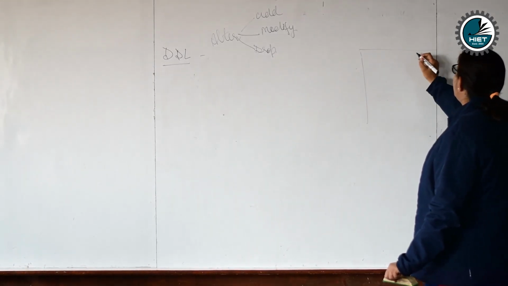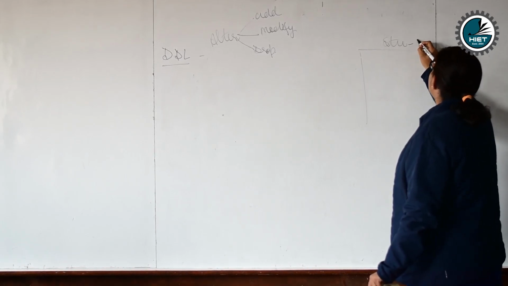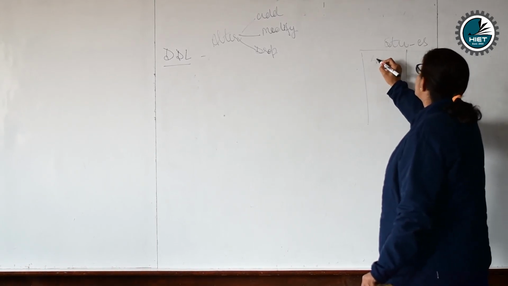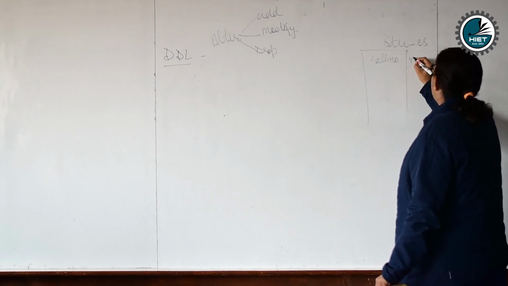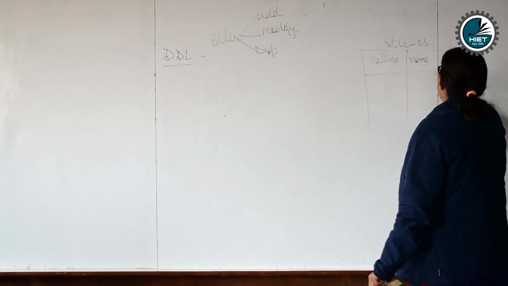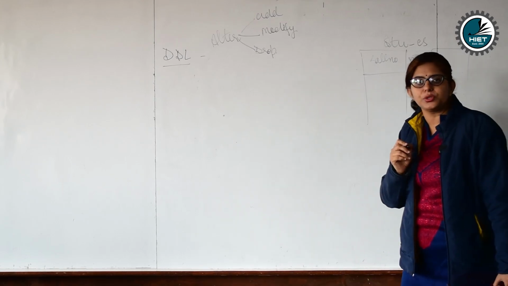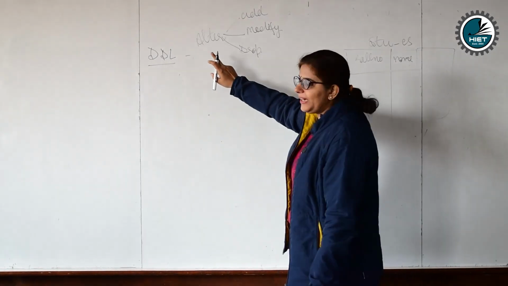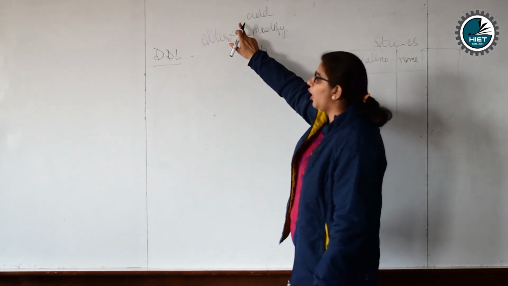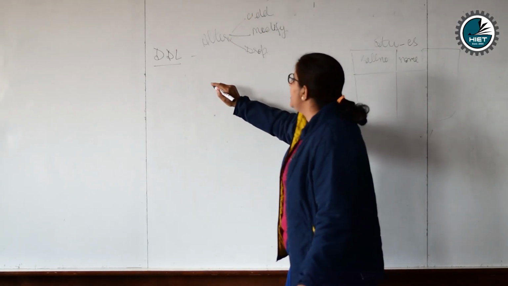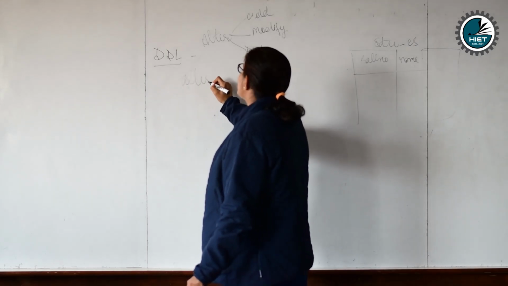Just take an example. There is again a table student underscore CS having columns roll number, name. That's it. Now I want to add a column phone number into this table. Clear? So what do I have to use? I have to use alter with add. Clear? The syntax will be